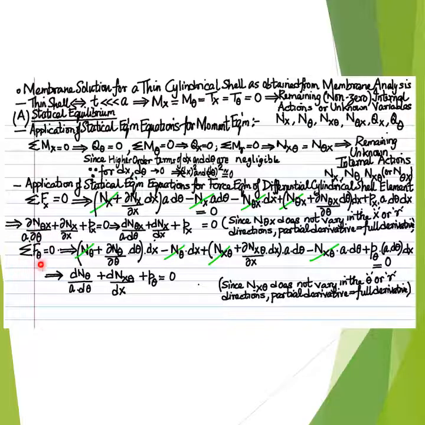Proceeding to the next statical force equilibrium equation in the coordinate direction theta, that is the tangential or the circumferential coordinate axis theta of the selected cylindrical coordinate system, one can write the force equilibrium equation for the force equilibrium in the tangential or circumferential direction theta as this, cancelling or negating the like terms or the identical terms which are equal and opposite to each other in sign,